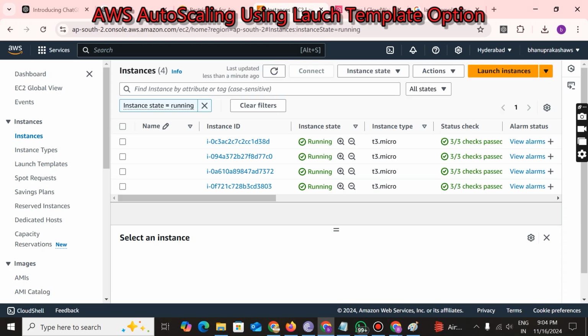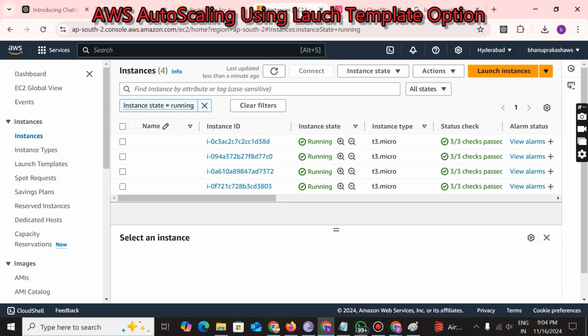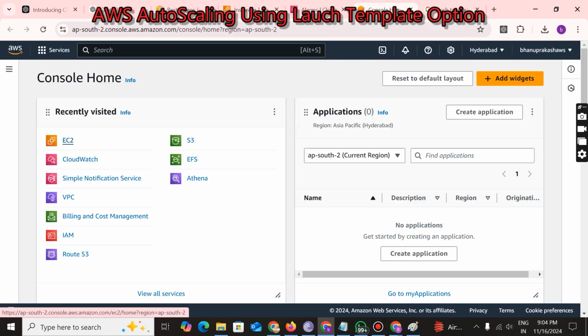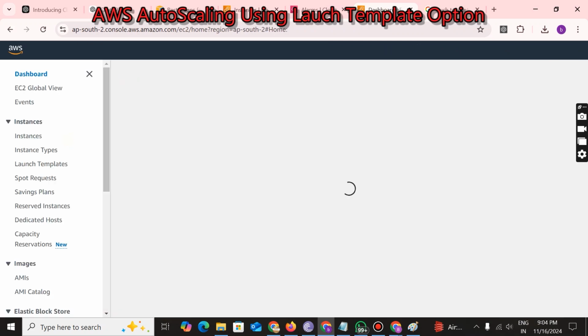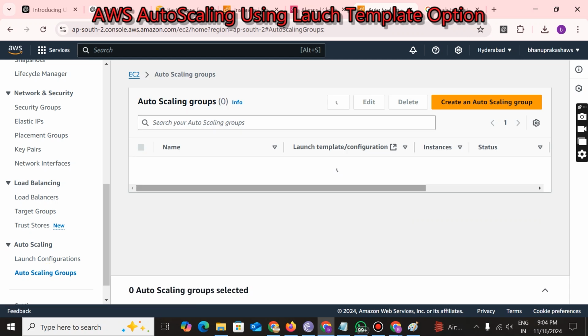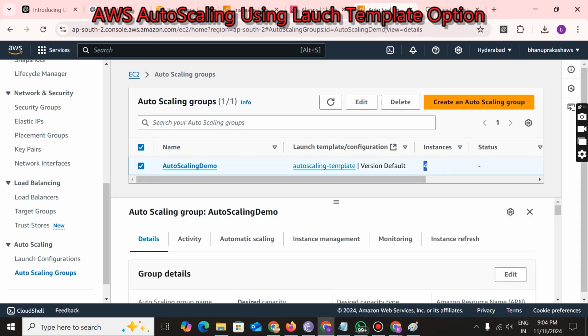Just now we have set the policy, so it will take 1 or 2 minutes. We need to wait. After that, you will get a notification to your emails also that there is no traffic. Let's go to the scaling groups. Right now the instances are